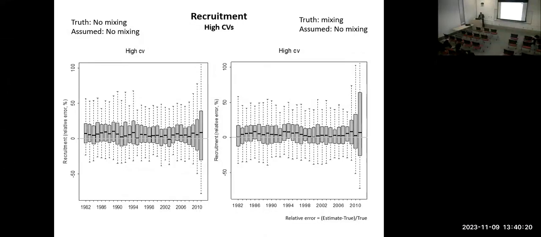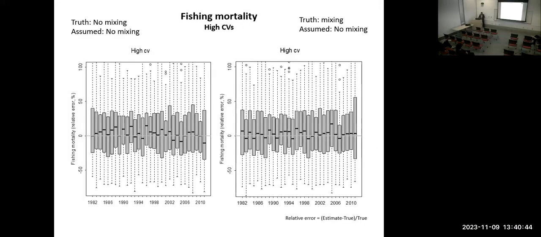This is the recruitment, and you also see non-mixing, and there's a little bit of bias here. Then when assumptions are violated and there is mixing, there are errors too. Look at this one, they're not very similar, right? Most of them have issues and have errors. But for recruitment, even though you violated assumptions, they're very similar performance-wise. And then you have a fishing mortality estimate, and again, they're very similar.